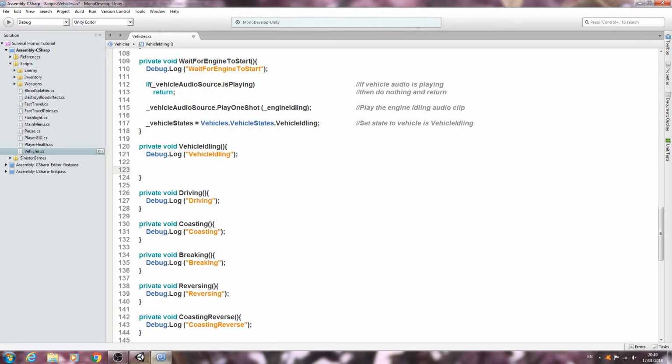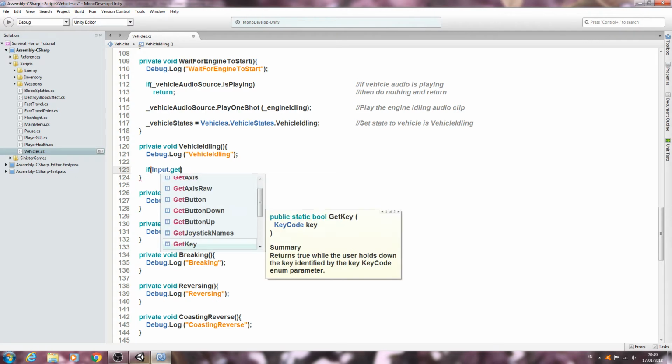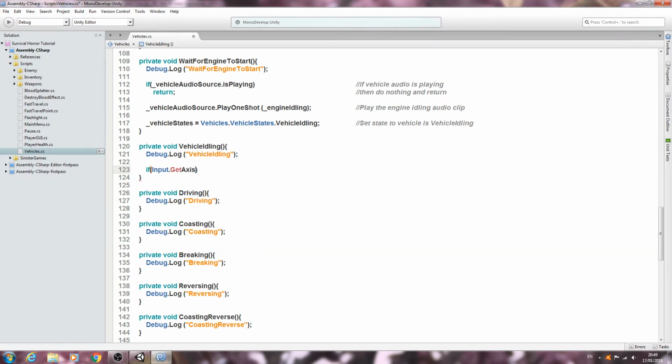And let's come to vehicle idling. And we're going to say if, open and close brackets, inside the brackets, input dot get axis, open and close brackets. Inside this new set of brackets we put the little speech marks and we want vertical. We'll come to the end here, we'll say greater than 0, into the comments. If vertical input is greater than 0,